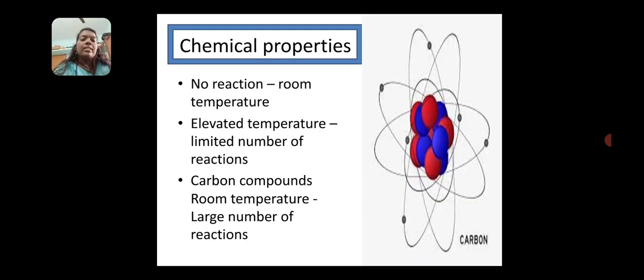So next we are going to discuss the chemical properties of carbon. There is no reaction when we keep carbon at room temperature. If we keep carbon at elevated temperature, we can observe a limited number of reactions. At the same time, carbon compounds kept at room temperature undergo a large number of reactions. So first of all, no reaction at room temperature, and at elevated temperature a limited number of reactions, but carbon compounds